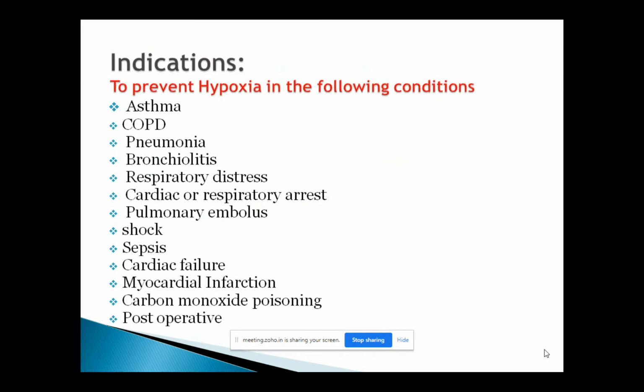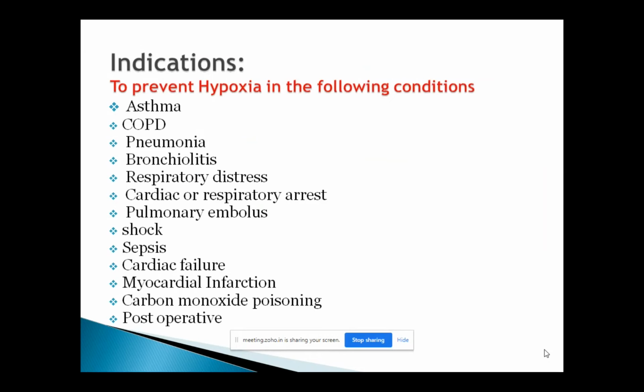So, what are the indications for oxygen therapy? As I mentioned, to prevent hypoxia in the following conditions. Why do we need to prevent this hypoxia? For example, if your oxygen saturation is, say, 95 to 100 is normal, due to your health condition, say you got severe pneumonia, your oxygen saturation has dropped to 85. That means your oxygen saturation is not acceptable for your health condition. For your health, for your age, for your body, the acceptable saturation should be 95 to 100. But due to pneumonia, it's dropped to 85.